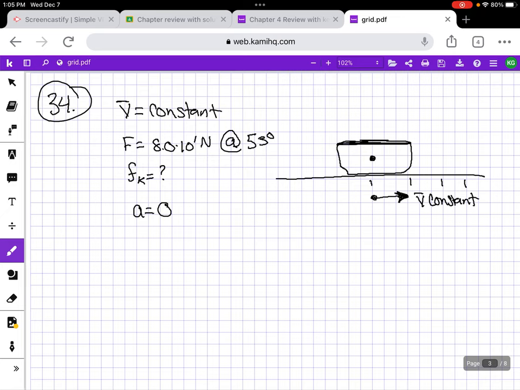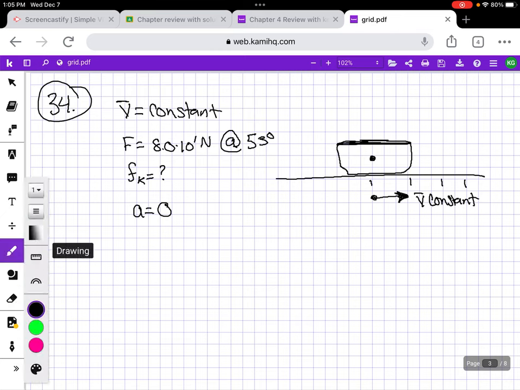So that probably was all you needed, because now it's just a simple Newton's second law problem. Okay, so if we do Newton's second law, remember that the summation of the forces in the x direction is equal to mass times acceleration. So we've got this force pull. Force pull is equal to 80 newtons. Notice that you have two sig figs though. And the angle,